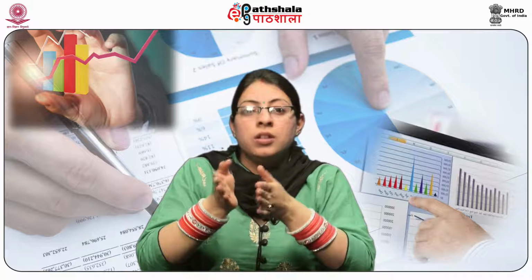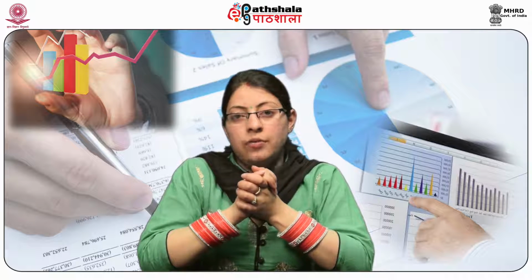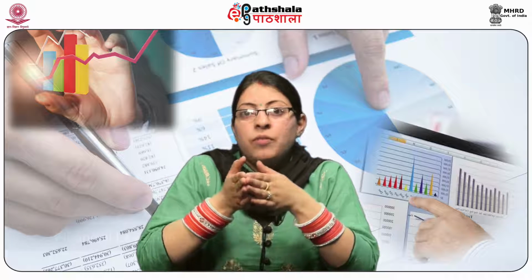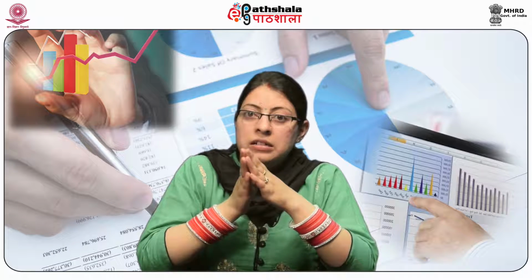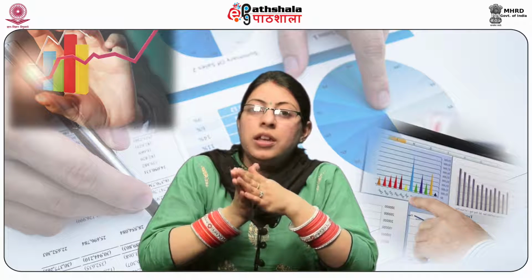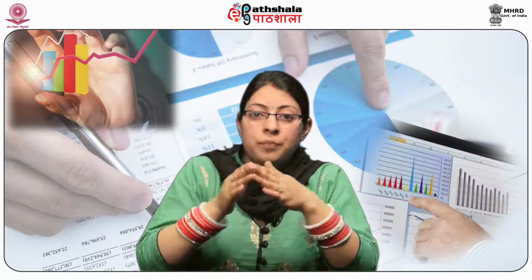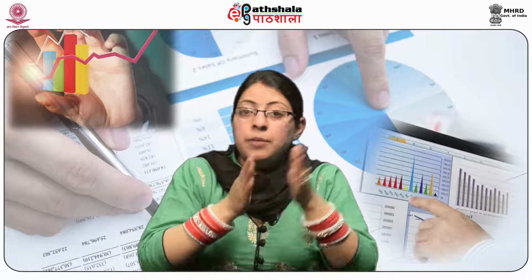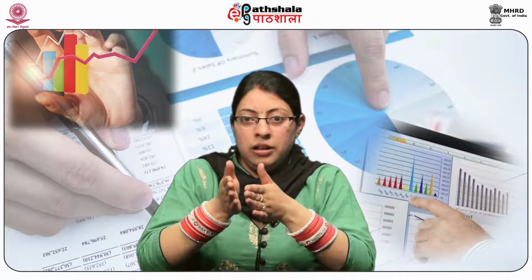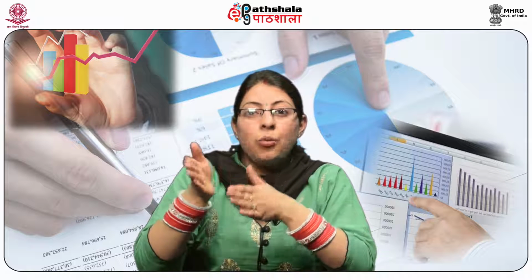Second, operating leverage. Third one is composite leverage. Now, first of all, we'll learn about financial leverage. The ratio is considered as trading on equity. The use of a long-term fixed interest bearing debt and preference share capital along with the equity share capital is known